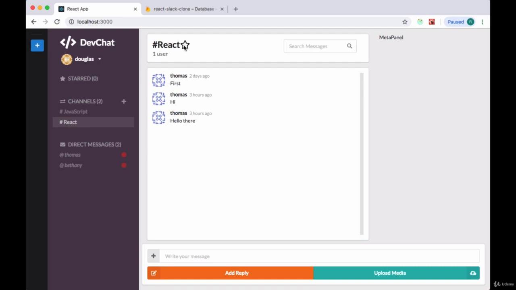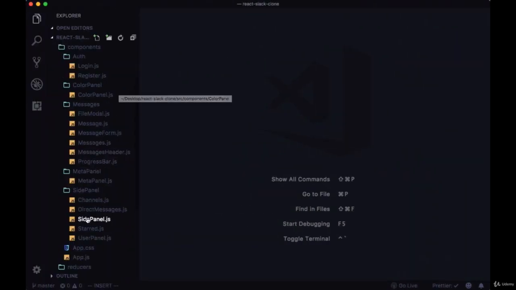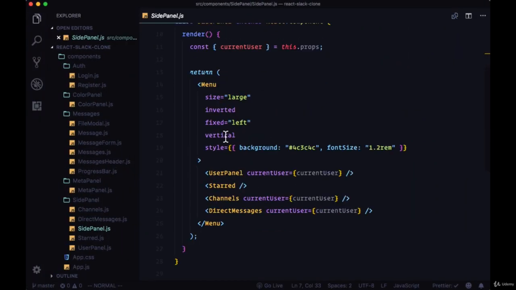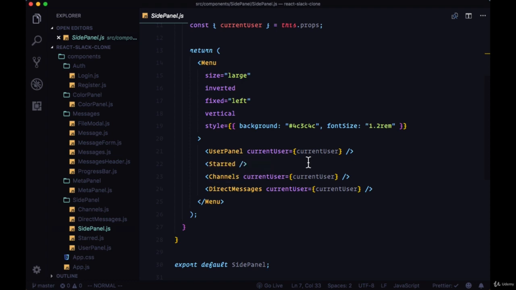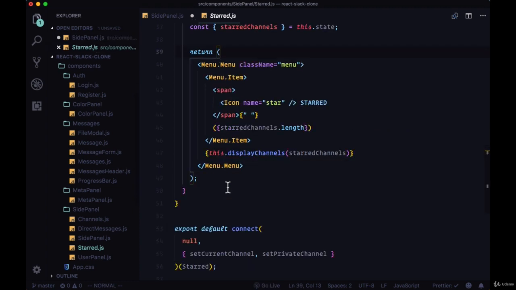Now that we're able to star and unstar channels, we want those channels to show up in a user's starred component. So we'll head to side panel, and in order to display all the channels that a user starred, we need to have information about the current user. So we'll pass down the current user prop to starred, and then within starred,